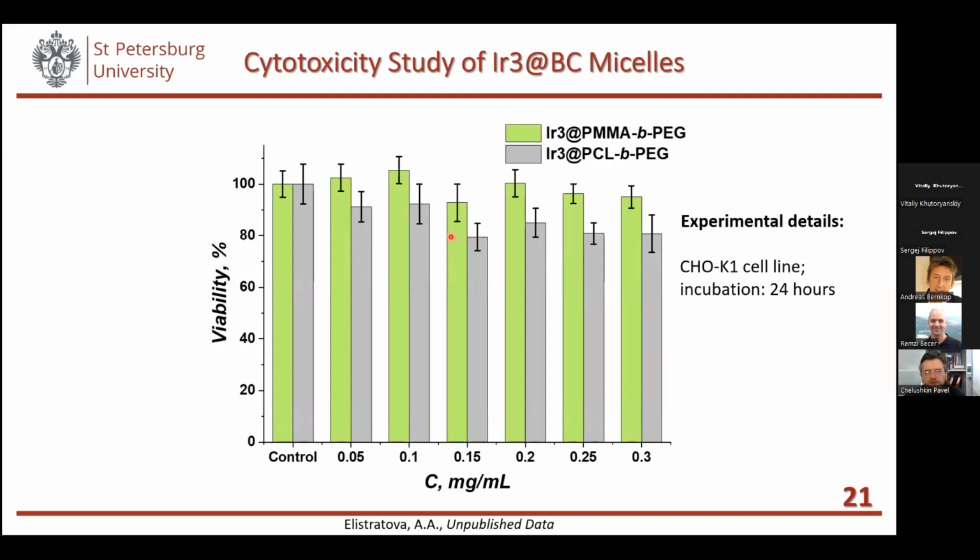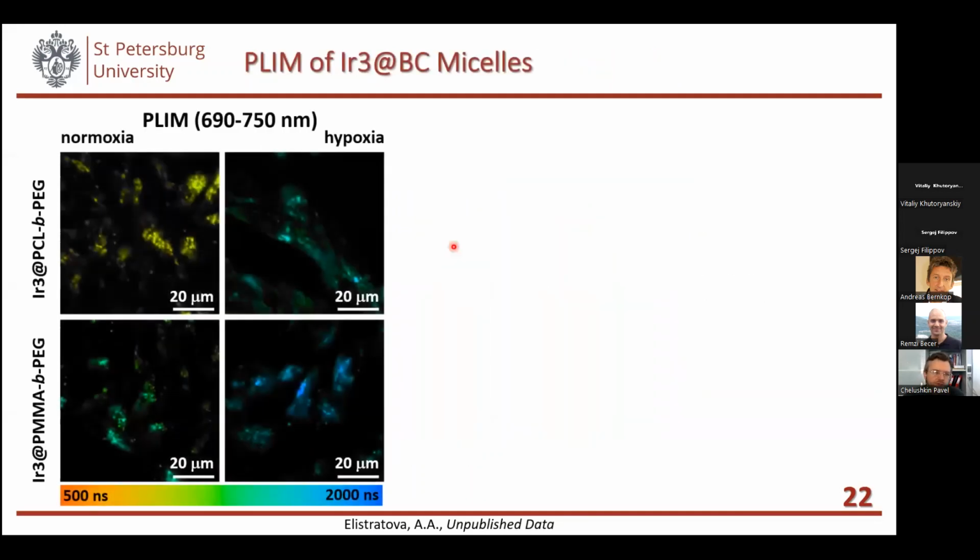Unfortunately, PCL-based systems were not ideally non-cytotoxic. They provided some decrease in cell proliferation up to 80%. And now we're trying to understand what's wrong with this system. But nevertheless, the overall cytotoxicity was not very high, and we were able to perform phosphorescence lifetime